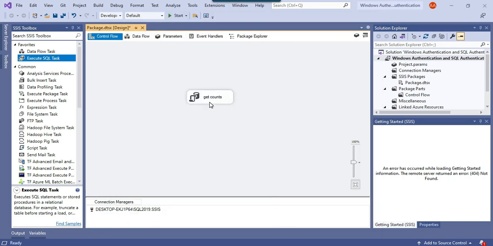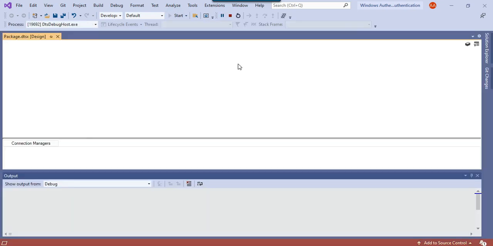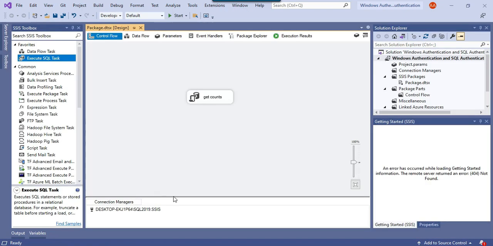This will actually return the counts, but right now we are not storing it in any SSIS variable or somewhere, it will just run on the database. So you will know if the connection is successful, then the task will be successful, and if the connection is not successful, then it will fail. This is just to test the connection. If you execute the query now, it is using Windows authentication, and right now we have not assigned the connection string values to this particular connection.